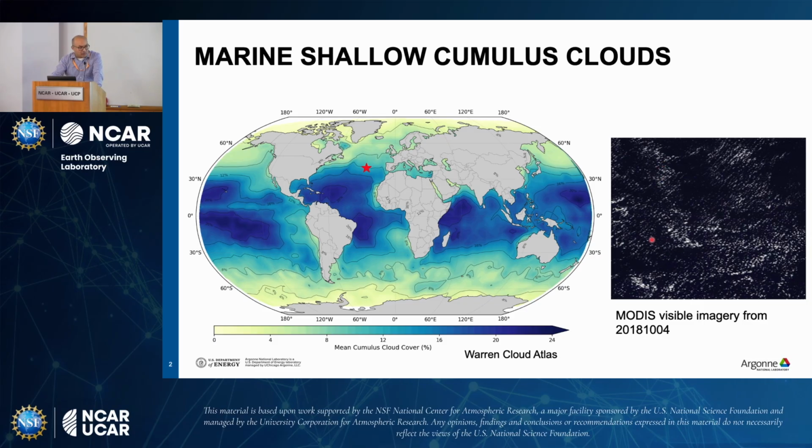And there has been a lot of work recently done using large domain LES models where they have shown that these changes in cloud fraction are caused by changes in water vapor mixing ratio at these scales. So different scales of water vapor variability are causing these changes in cloudiness and also this rain from these clouds. That's one thing. So these clouds are important for radiation, also the water cycle, right? So two things I want to mention.